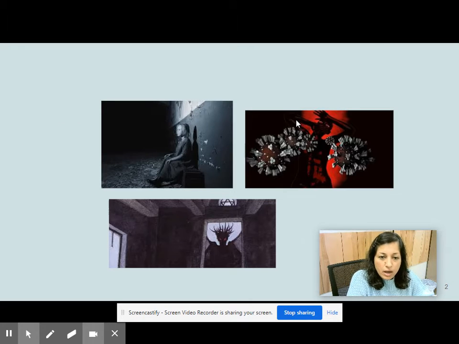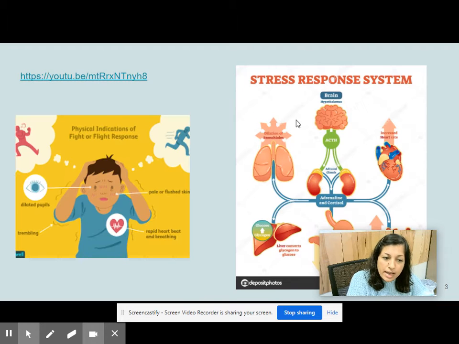This was a picture that was taken by a photographer and appeared in a National Geographic magazine. So when we are exposed to these dark, gloomy pictures, we tend to feel anxiety, we tend to feel stress, and this has an effect on us internally also. So when we are exposed to news which is unfavorable, say a major project is due. It's 9 o'clock at night and the project is due in the morning, and you just realize at 9 p.m. Now you're going to be starting to feel stressed.